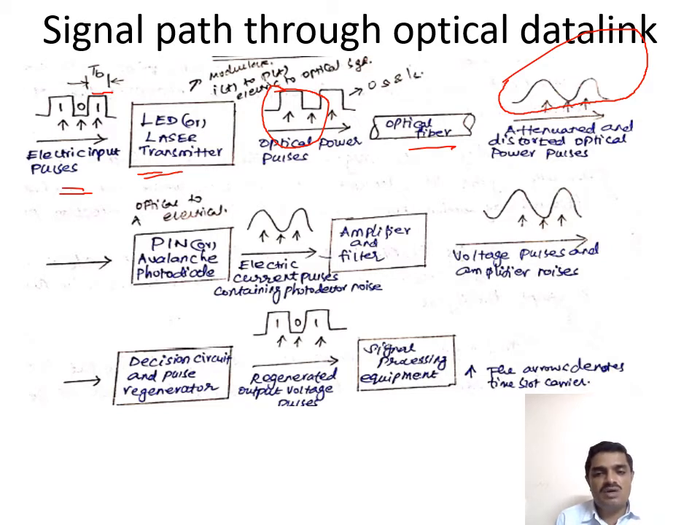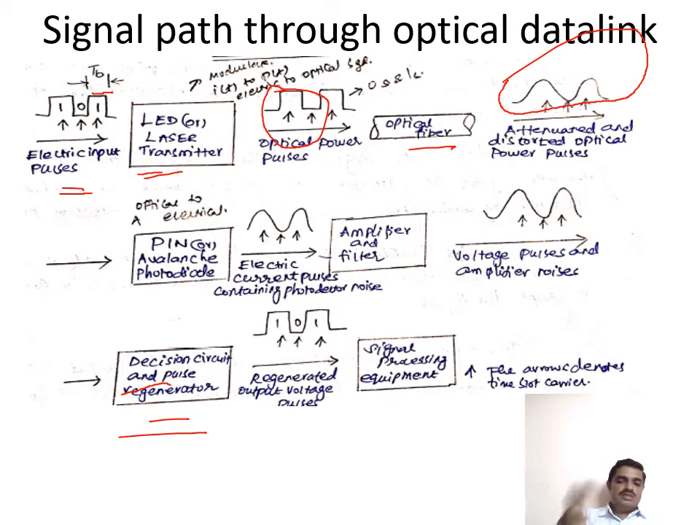Then it is given to the amplifier and filter to amplify the original signal. Because of the presence of noise, certain reshaping processes happen. That is taken care of by the decision circuit and pulse regenerator. Based on the input reference value, the decision circuit compares each value with the threshold value. Then it regenerates,